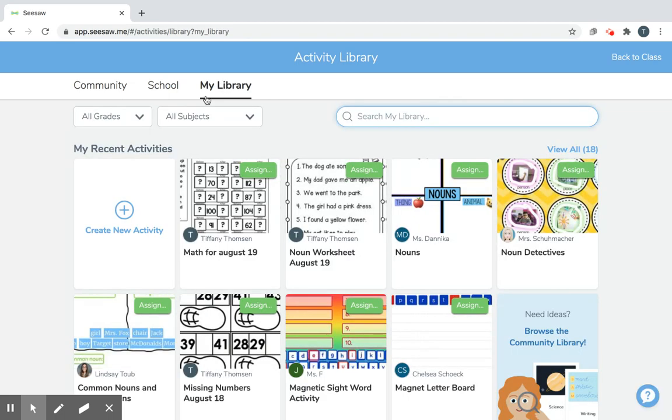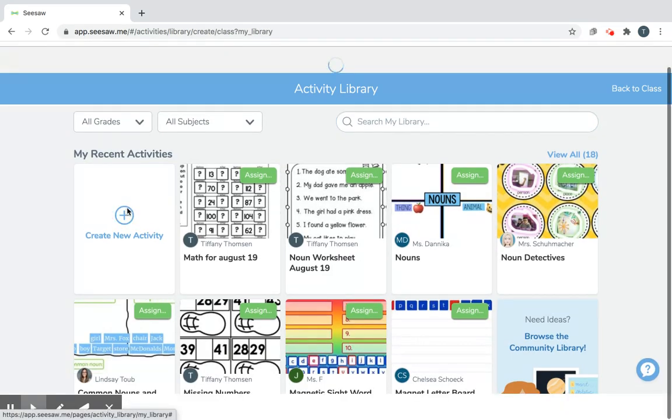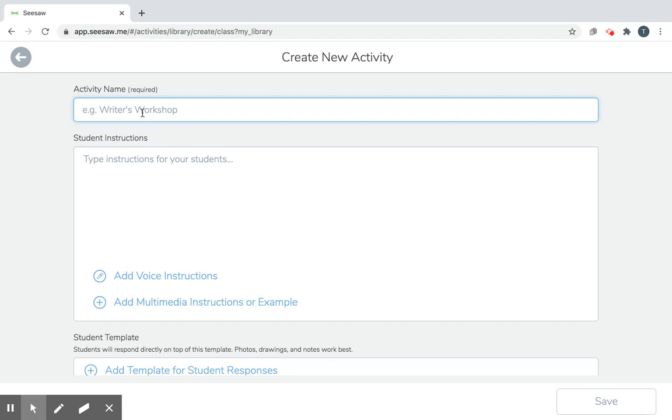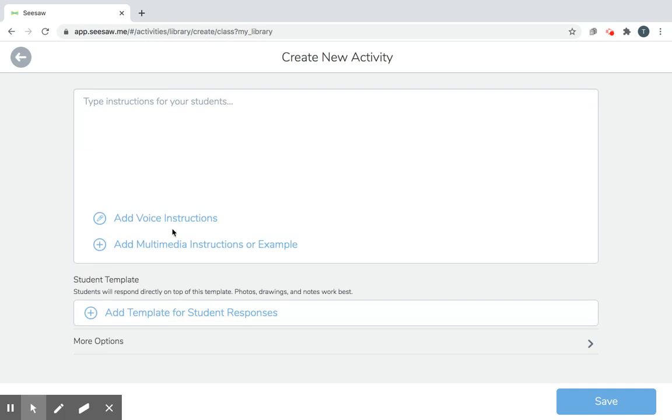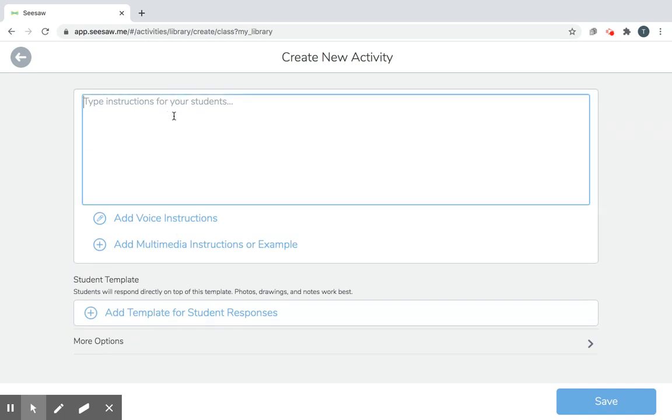So if you want to make an activity, it'll load here. You would go to create new activity. Give it a name like math for August 20th. And then if you wanted to give your students instructions like add